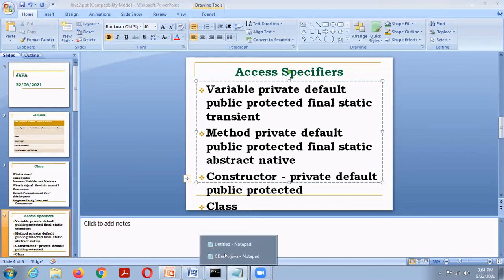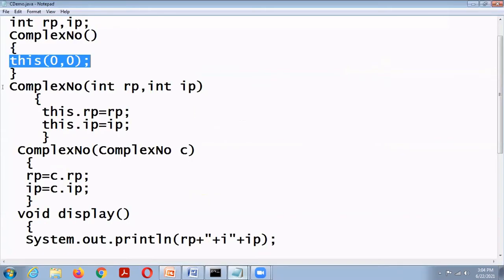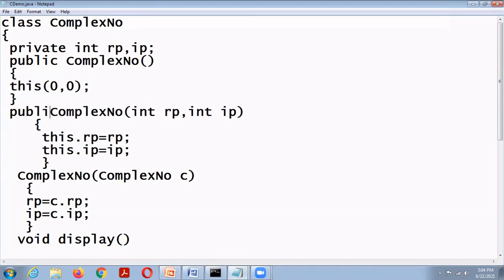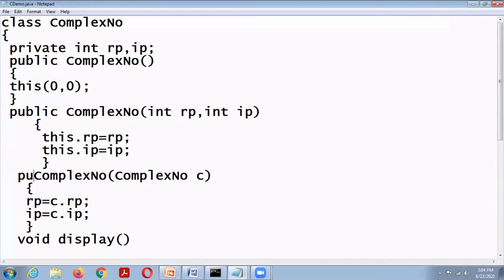So I'm going to use these modifiers. So private int RP. Then public, here the public constructor modifier.